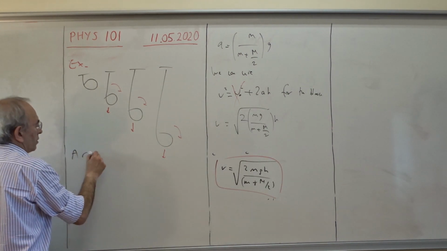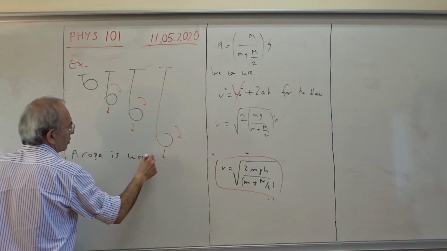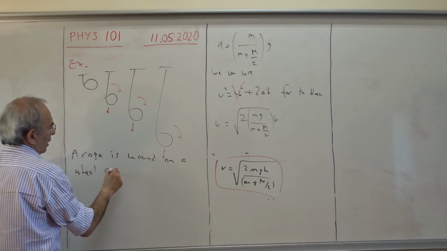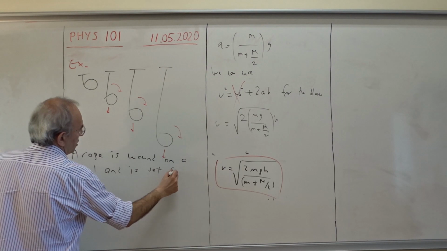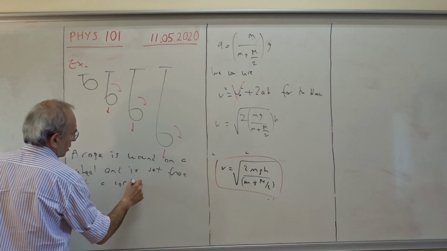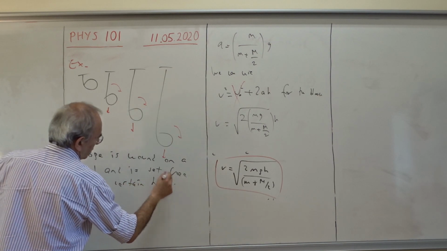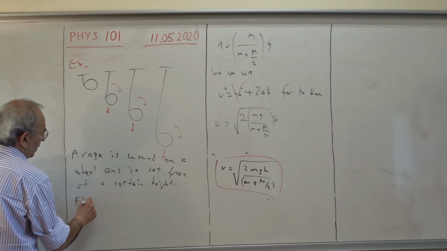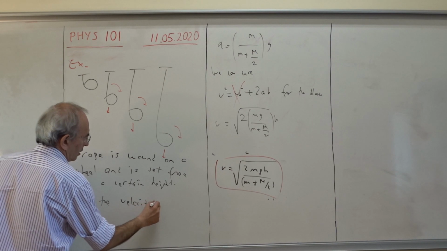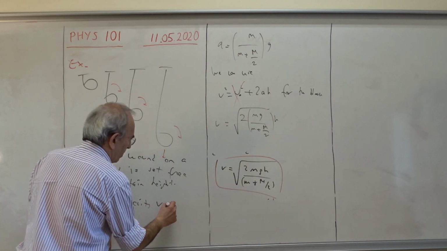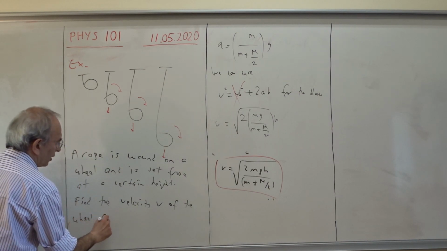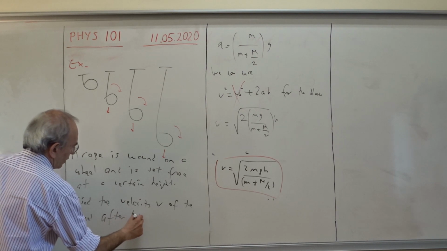A rope is wound on a wheel and is set free at a certain height. Find the velocity v of the wheel after falling by